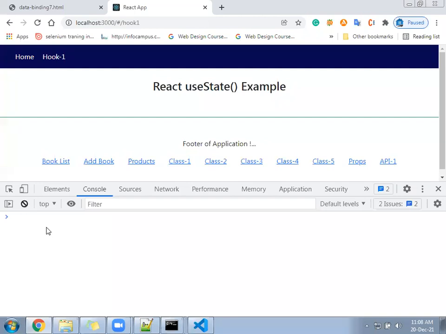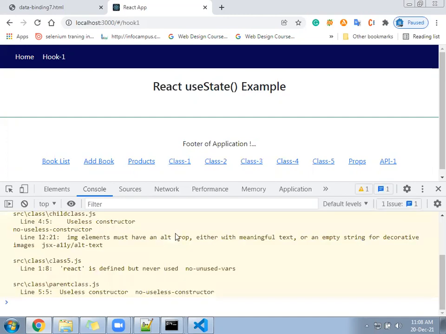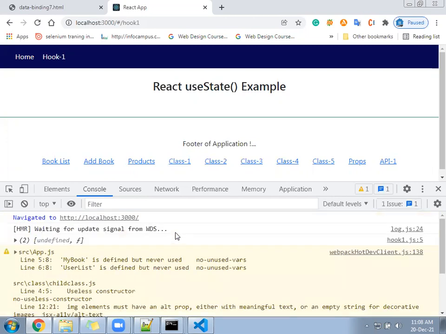After going to the console, clear this window and reload the page. Then you can see this line is printing somewhere in the console. We have printed console.log use state function inside our page.